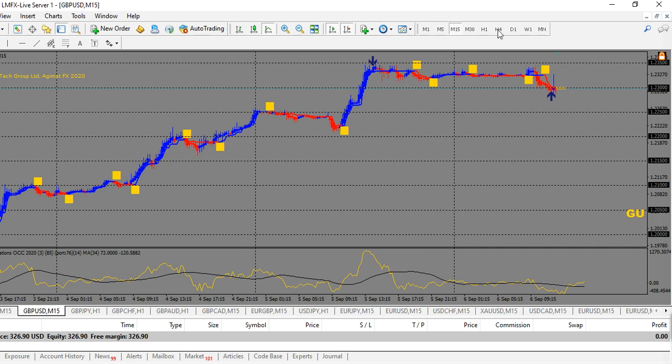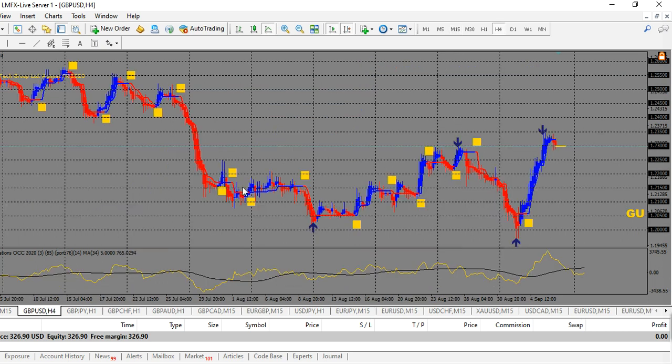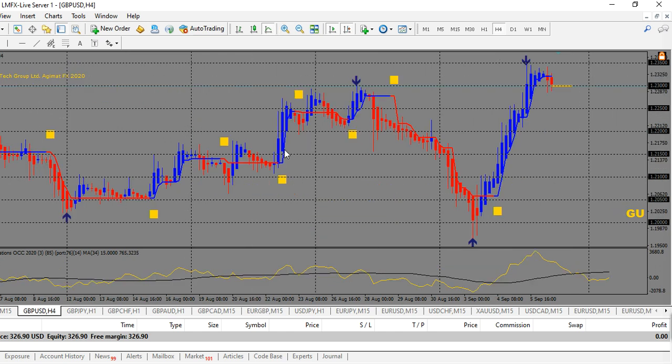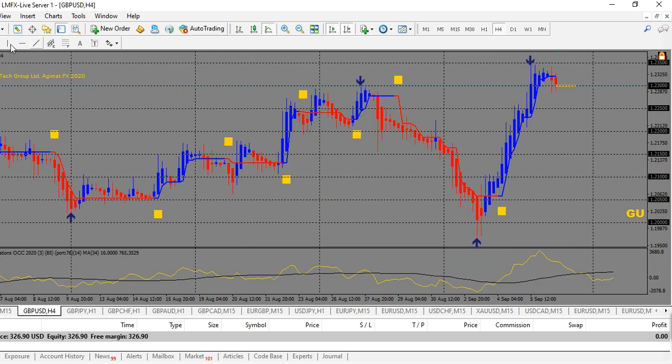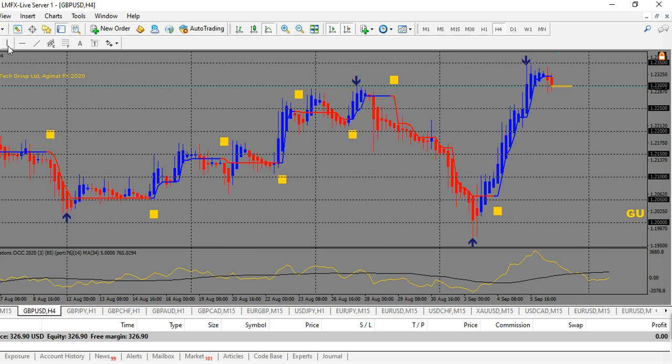Okay, so let's go back to the 4-hour. The software works better on the higher time frames. You can maximize your trading potential on the higher time frames, although you can use it on lower time frames to scalp the market. For those of you that like to scalp, what I want to show you first is we're going to start at the bottom of this template, and I want to show you something that's absolutely amazing. I don't think there's anyone else out there